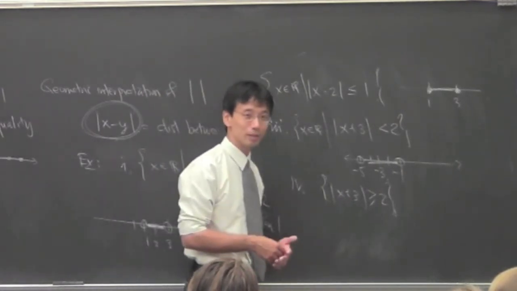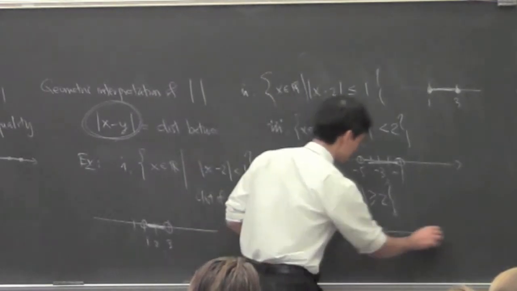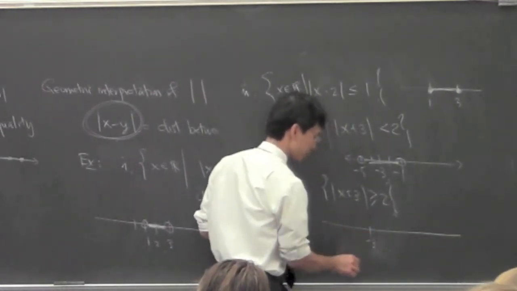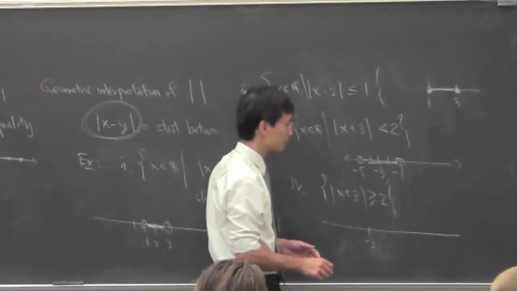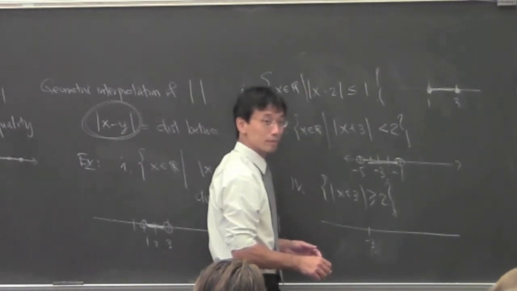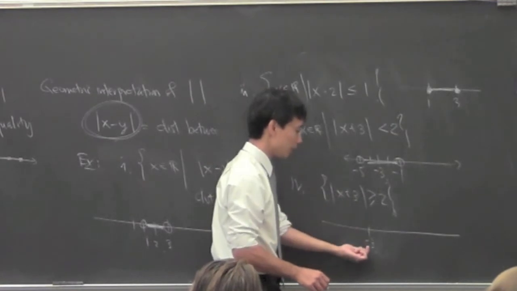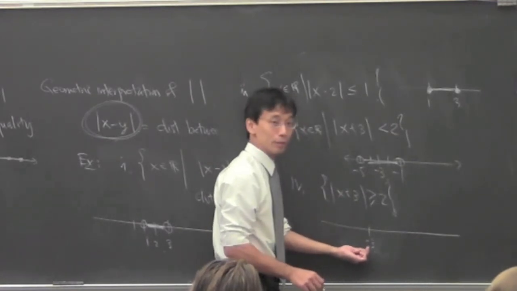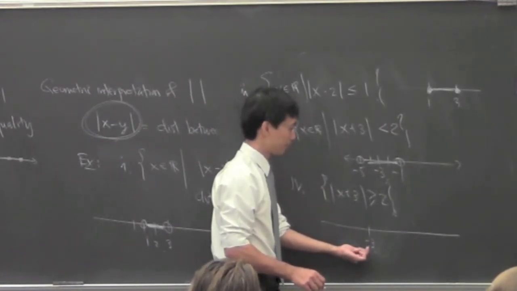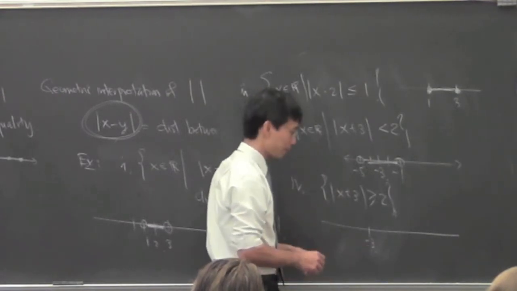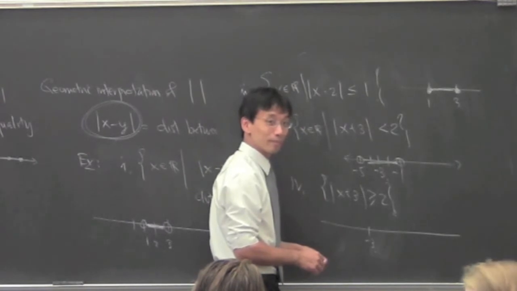Okay, so what does it look like? The distance from x, you just said in English, the distance to -3 has to be greater than or equal to 2. So between x and, I don't know, between -3 and